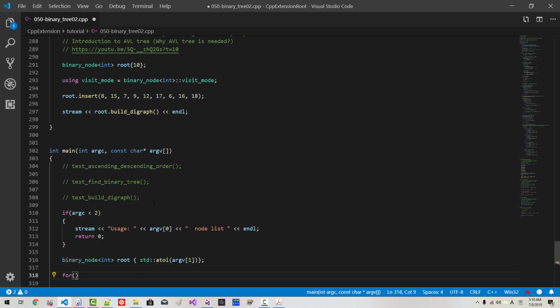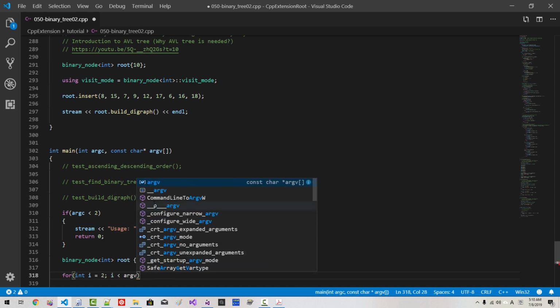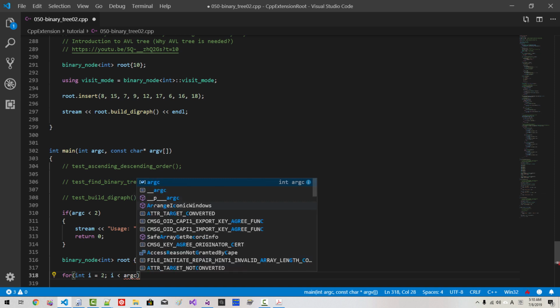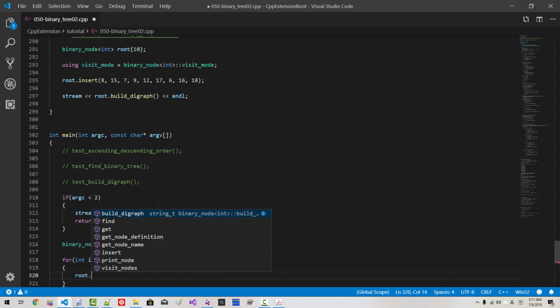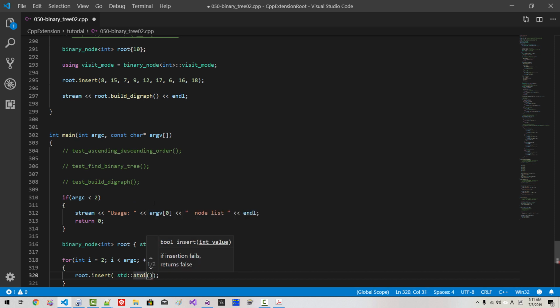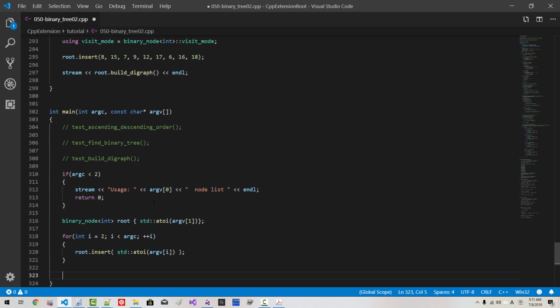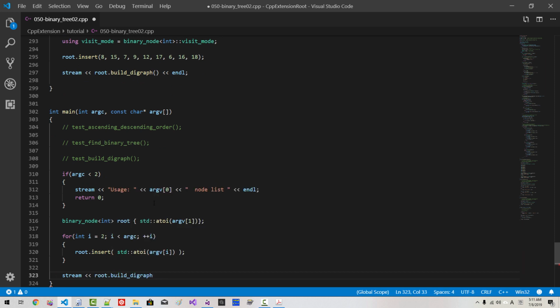For int i equals 2, i less than argc, plus plus i, root insert std atoi argv i. Stream root build diagram,